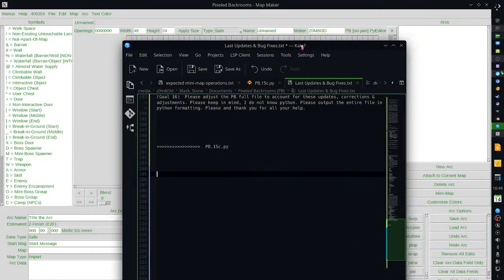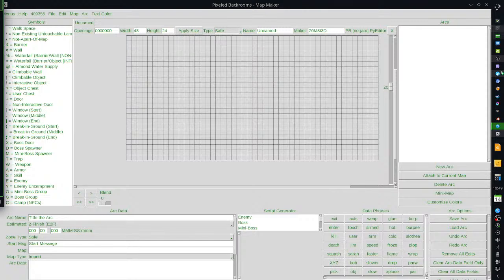Basically, I have a file that I use. So we're just going to use this escape file. One of the first notes to take notice of: the program resized the